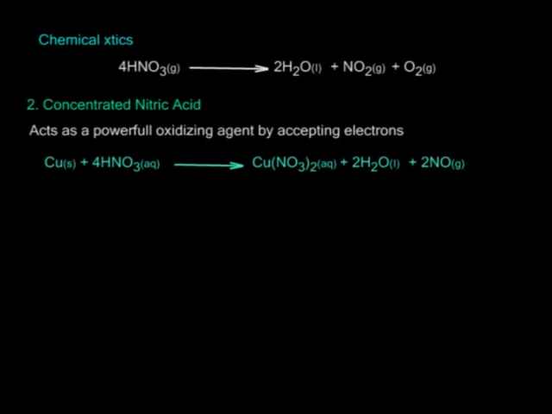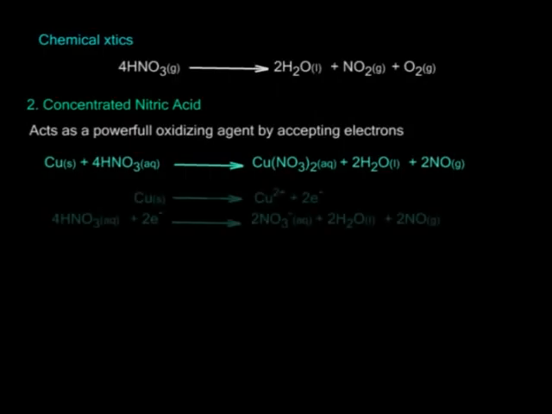The electrons are donated by the reducing agent, which may be a metal, ion, or a non-metal. For example, concentrated nitric acid reacts with copper, forming brown fumes of nitrogen 4 oxide, copper 2 nitrate, and water. In this case, metallic copper loses 2 electrons, being oxidized to copper 2 ions, which go into solution. The electrons are accepted by nitric acid, which is reduced to nitrogen 4 oxide. Iron and aluminium react with concentrated nitric acid, forming a protective layer of oxide which prevents further reactions.